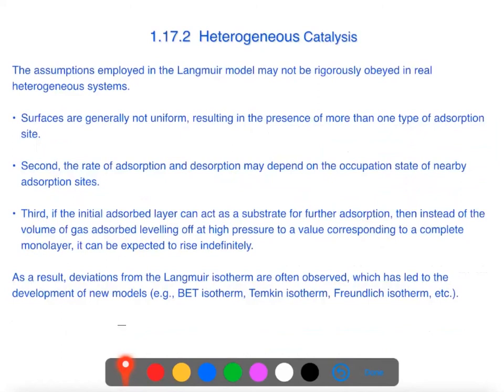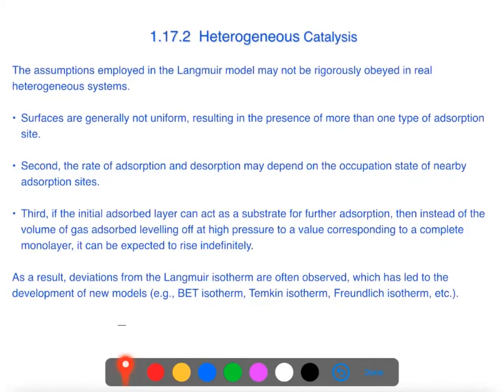Two, the rate of adsorption and desorption may depend on the occupation state of nearby adsorption sites. And three, if the initial adsorbed layer can act as a substrate for further adsorption, then instead of the volume of gas adsorbed leveling off at high pressure to a value corresponding to a complete monolayer,